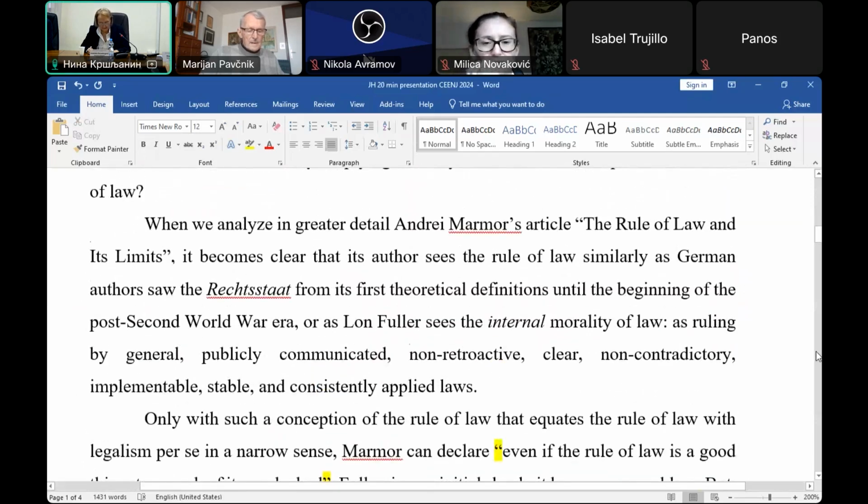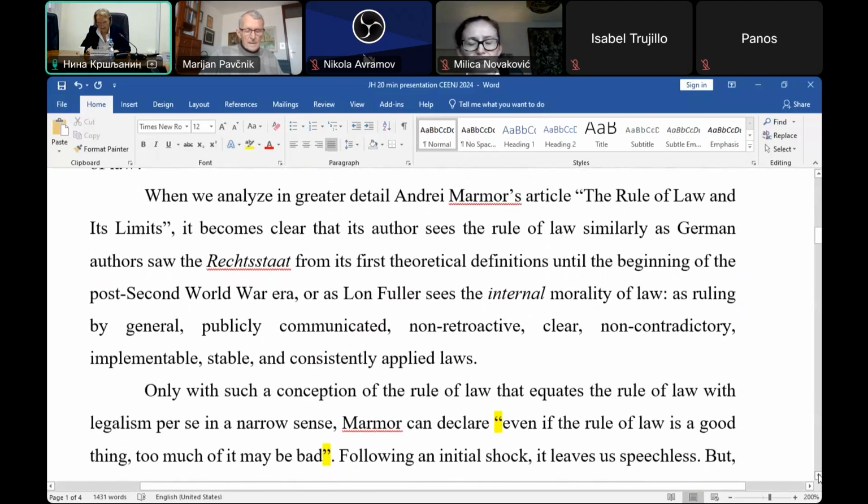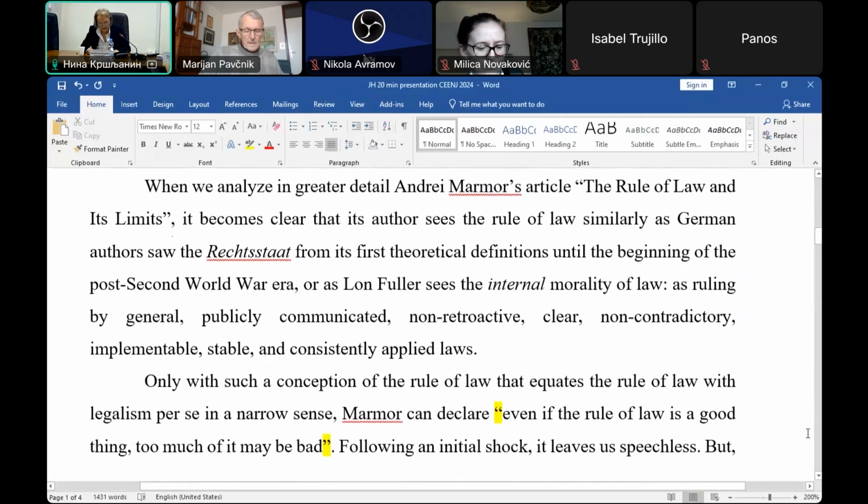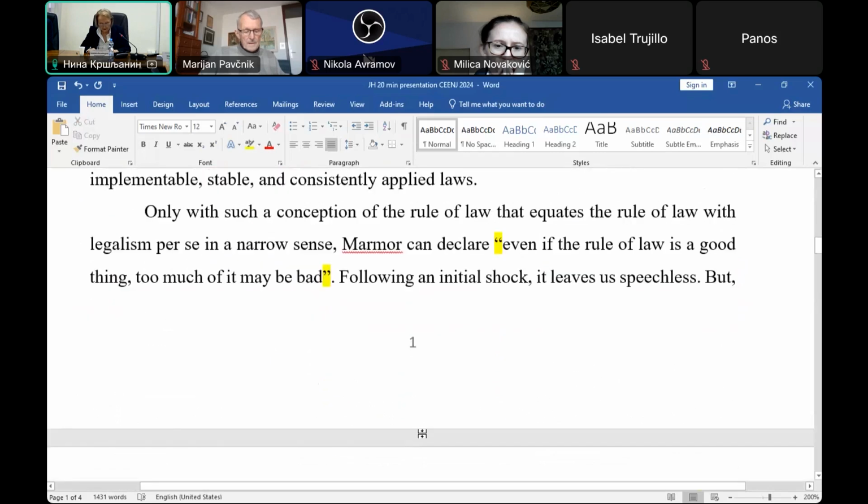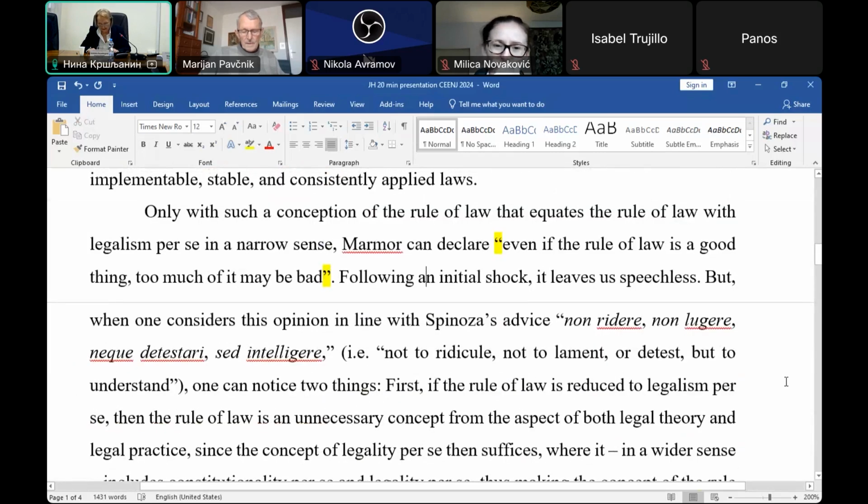When we analyze in greater detail Andrei Marmor's article, The Rule of Law and Its Limits, it becomes clear that its author sees the rule of law similarly as German authors saw the Rechtsstaat from its first theoretical definitions until the beginning of the post-Second World War era. Or as Lon Fuller sees the internal morality of law, as ruling by general, publicly communicated, non-retroactive, clear, non-contradictory, implementable, stable, and consistently applied laws. Only such a conception of the rule of law that equates the rule of law with legalism per se in a narrow sense,